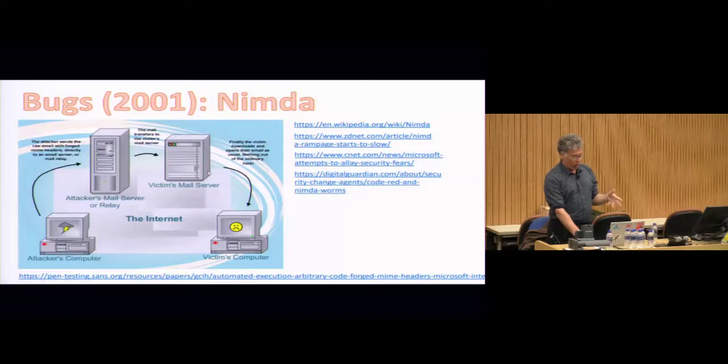There was a bug, and it allowed people to just mail you arbitrary content masquerading as something that Windows said was safe, but it wasn't safe, right? And as a result of this, there was a worm, and it went around computers. It brought down quite a number of PCs.